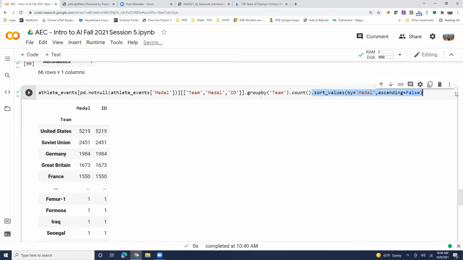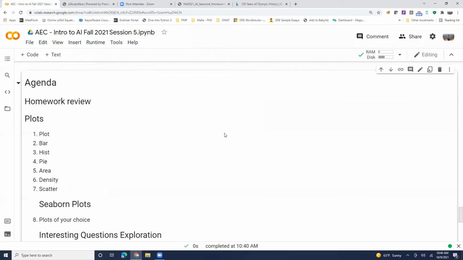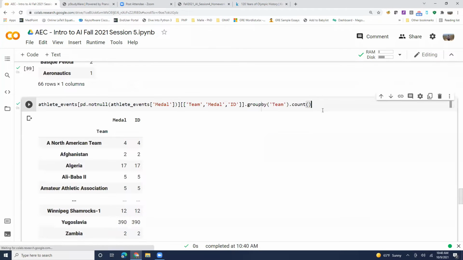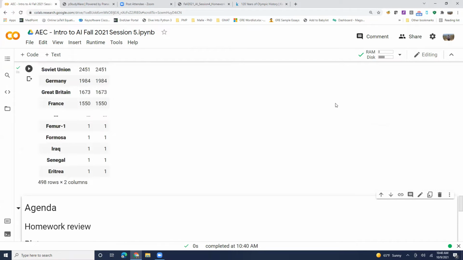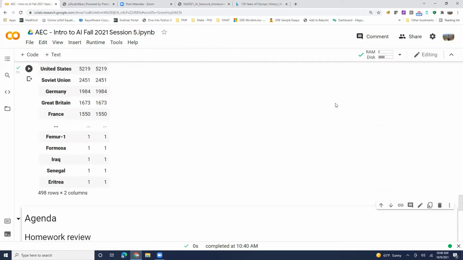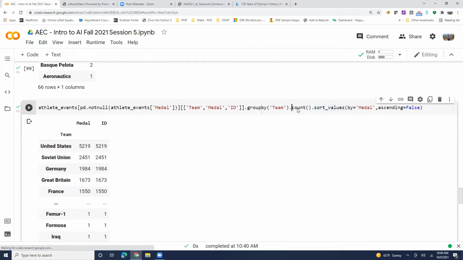So then I'm counting each of those buckets, how many values are there. Then I have this sorting the values, which basically is sorting by number of values in those buckets. Does that make sense? So count is telling me each bucket, how many items are there or how many people are there. And then I'm sorting by total number of medals. So now if I try this,